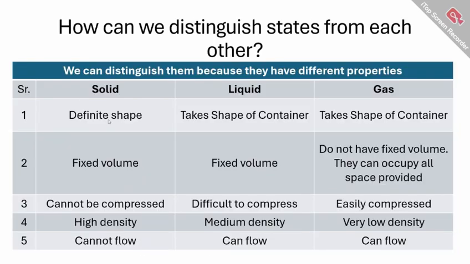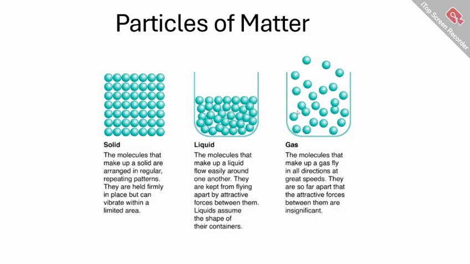Solids, if we consider shape, have a definite shape. Liquid takes the shape of the container, and gas takes the shape of the container also. Solids have fixed volume, liquids have fixed volume, but gas does not have fixed volume; it can occupy all the space provided. For example, if we talk about gases, if somebody is cooking in the kitchen, you can smell